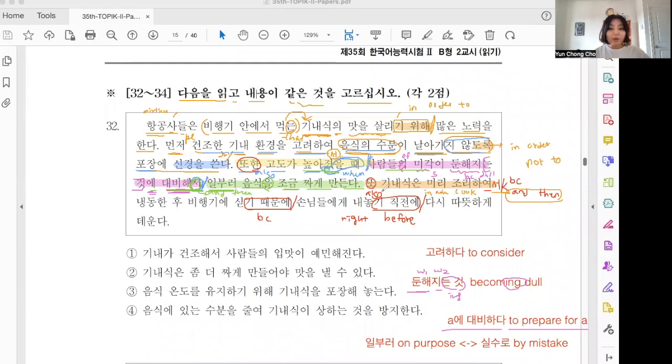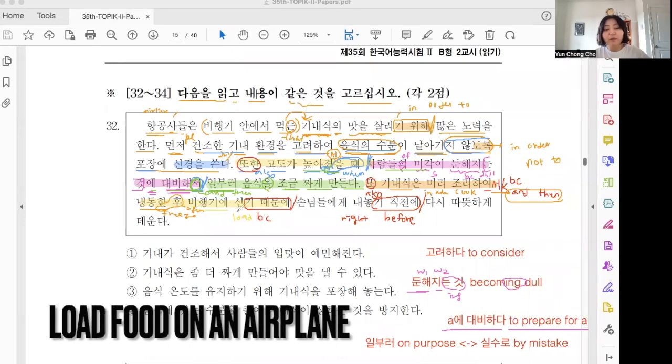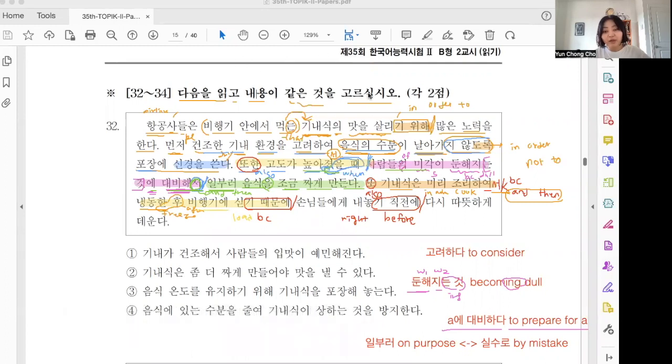So also the in-flight meal, they cook in advance and then they 냉동하다, freeze it. After they freeze it, 한 후, this is also an expression for "after." After they freeze it, 비행기 식기 때문에, 자, 식다, load. Because they load the food on the airplane, 손님들에게 내놓기 직전에,